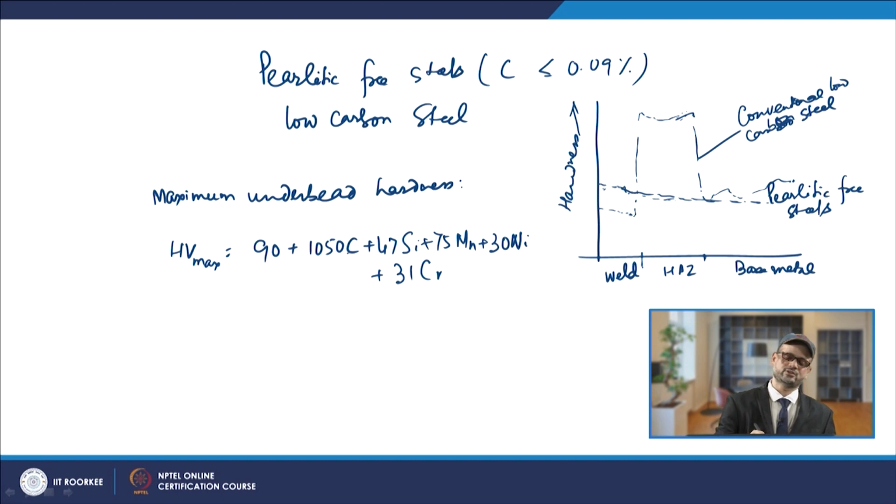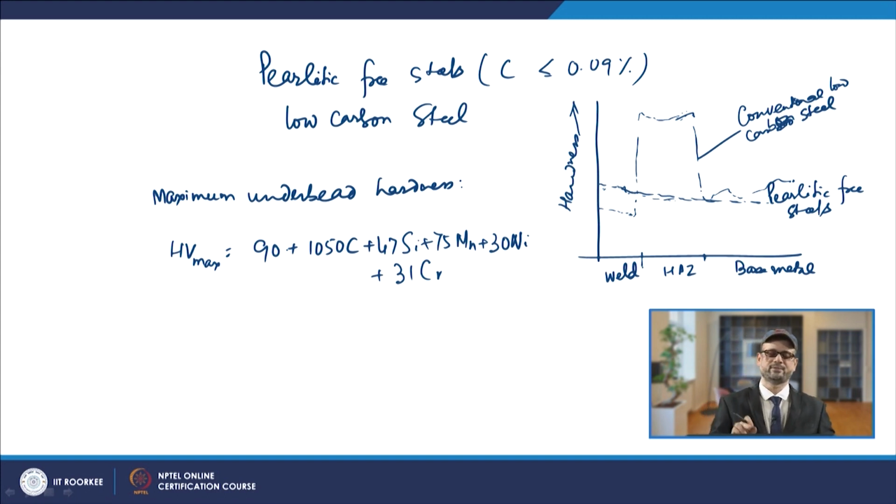So its contribution is maximum. Even if you are getting 0.1% of carbon, it will be 214. If it has 0.2% of carbon, it is going to 300, and 0.3% of carbon, it will go to a minimum of 400, and then you have the